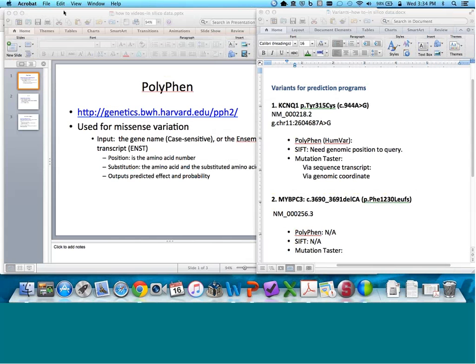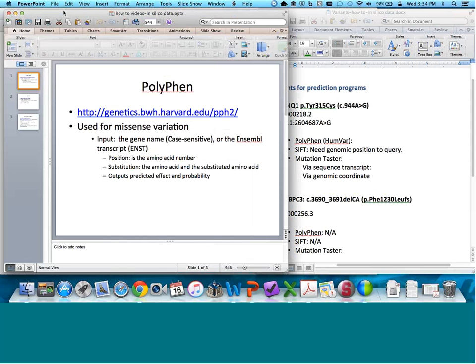So to start, I'm going to, as I mentioned, take you through a couple example variants through PolyPhen, MutationTaster, and SIFT. As a general overview, our goal with these in silico tools is to use them to help us with interpreting sequence variants, and as I mentioned, those are mainly missense and splice predictions. While the different algorithms and inputs can look different, overall, a lot of these tools use the same underlying assumptions and data